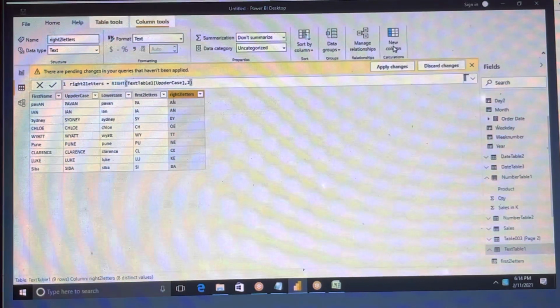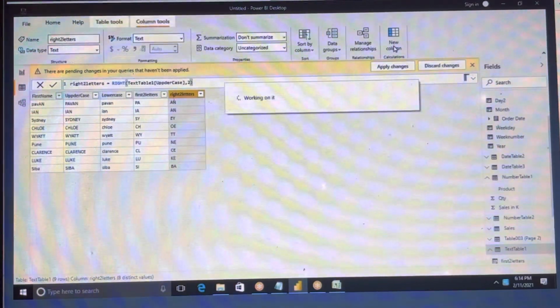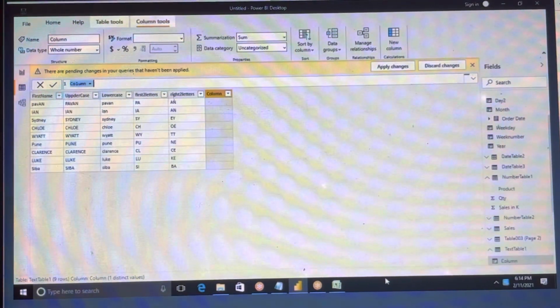If suppose you want the middle two letters, how will you get them? For that we have one function, the mid function. Middle text, for example, mid.